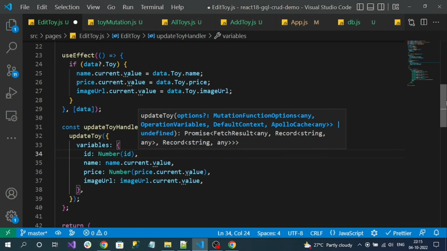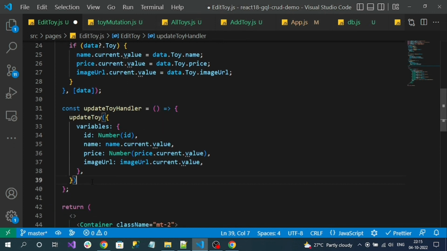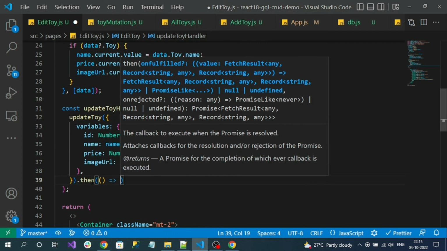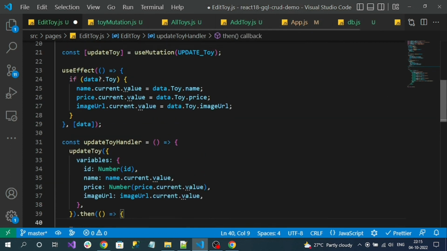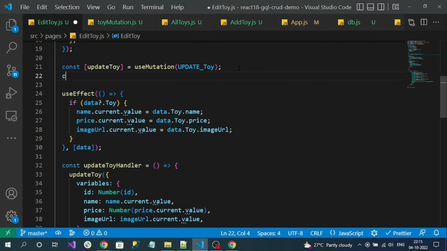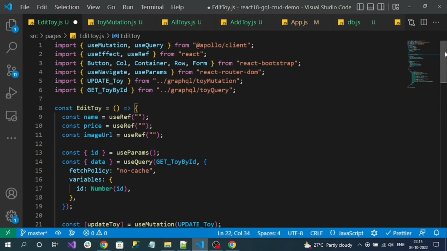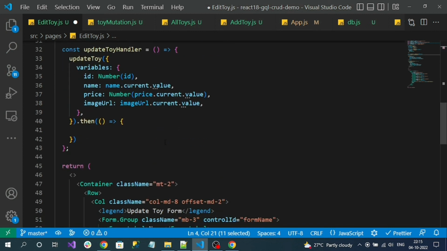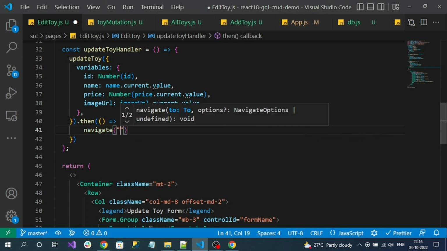Okay, so once successfully updated, I want to navigate back to my home page. So I'm going to navigate. So let's add a variable const navigate and use the useNavigate method. Okay, useNavigate loads from React Router DOM. Okay, so now I can use that navigate variable and pass the path. Simply slash, that means home page. Okay,